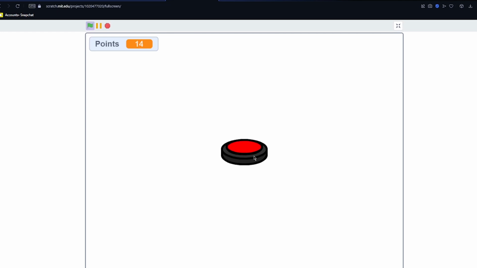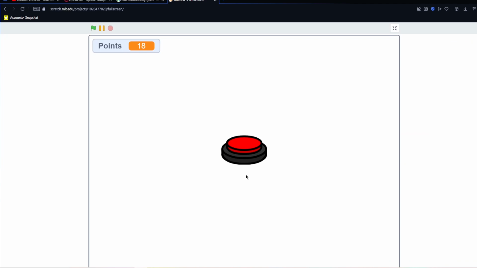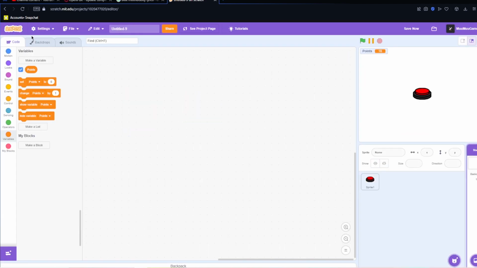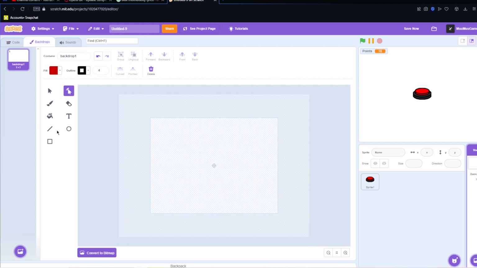Now this is cool and all, but nobody wants to just sit here and press a button forever. So we're going to have to make our first upgrade. Now we're going to make two upgrades this video. One of them's going to upgrade your points per click and one of them's going to upgrade your points per second. Now you can design these upgrades however you like, but I've gone into the backdrop and then I'm going